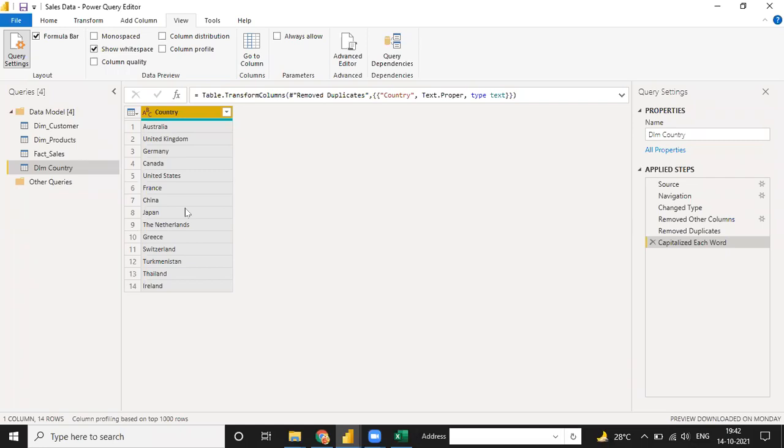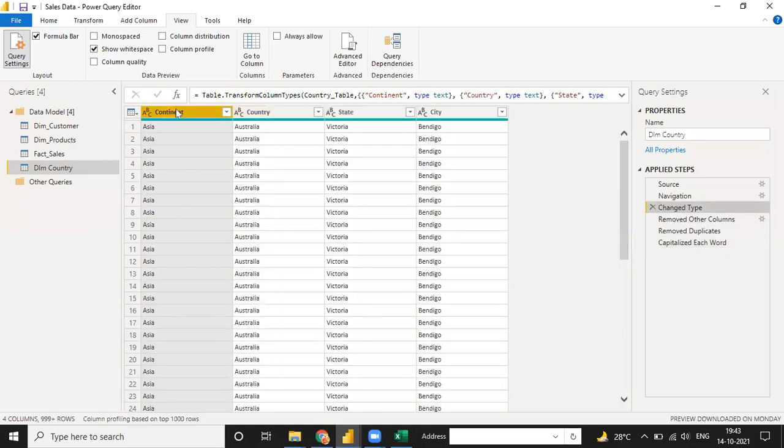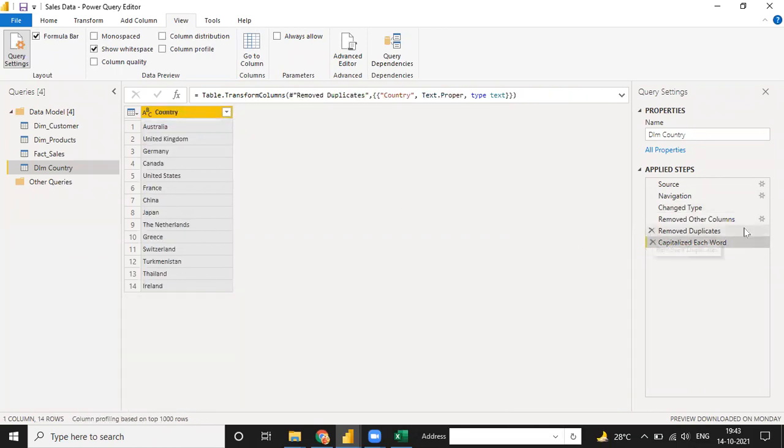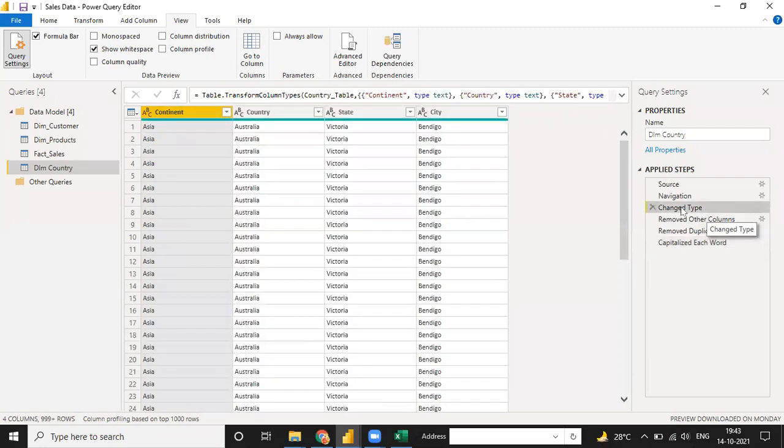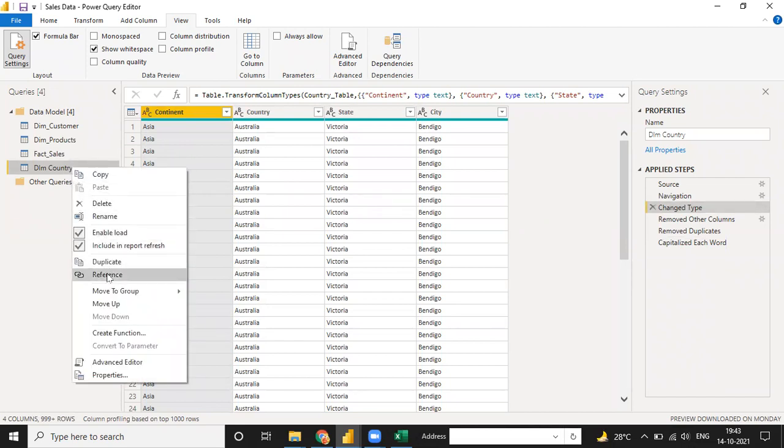Otherwise, if you need data with a continent, then you have to add one more option here: go to this table, and this continent, this state and this city, and see what the benefit of Power BI is. You can move to your previous step as well as after the change, because right now I am going into this step, and if I want to move back, I just click on the earlier step and all my data will be back for me. And right now if I need this continent-wise data, you have to select this country again, copy and reference.